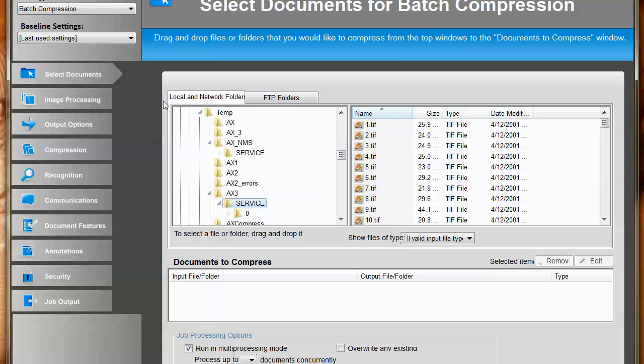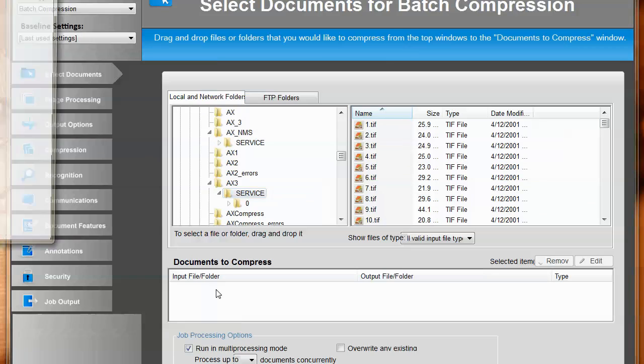So to run this particular utility, I'm going to drag this folder down here,